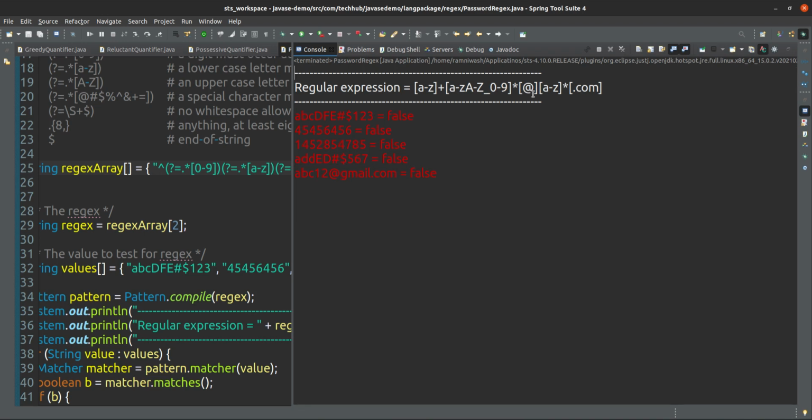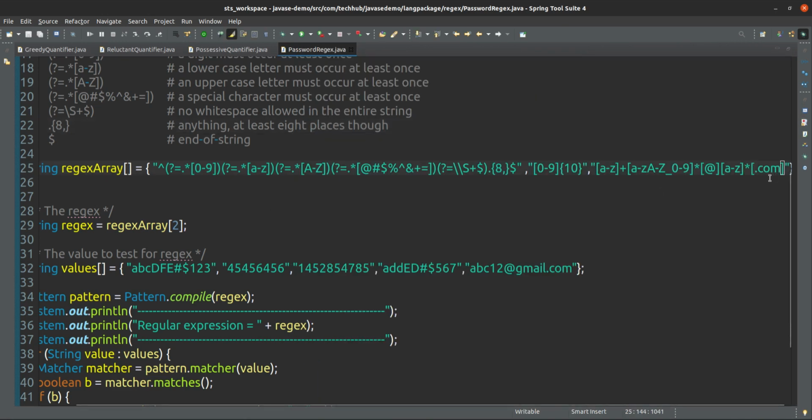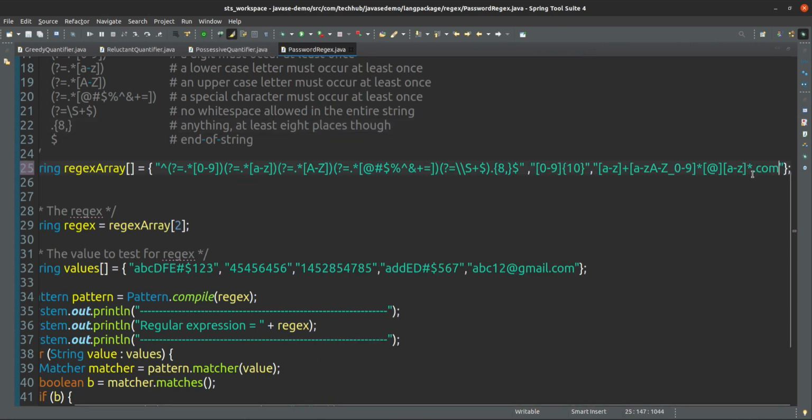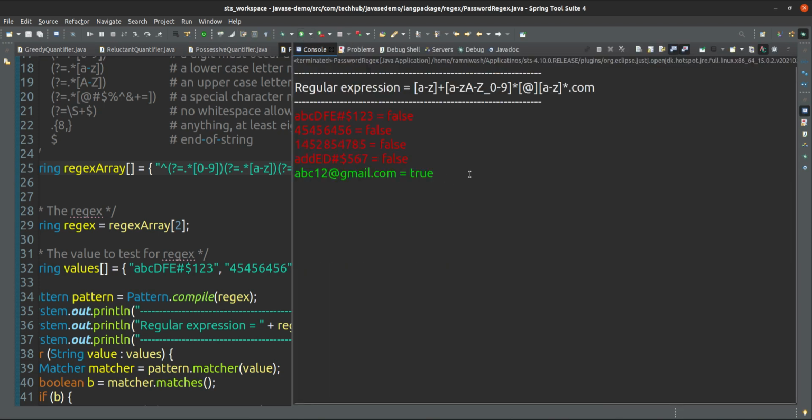After that, any a to z. After that, .com. It is fine. Sorry, this is .com, so we can give .com in this way, no issue. Or else we are currently making it for a specific domain, no issue. Yes, now it is passing.